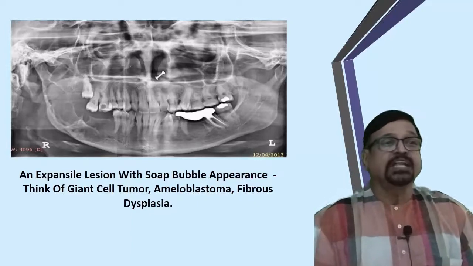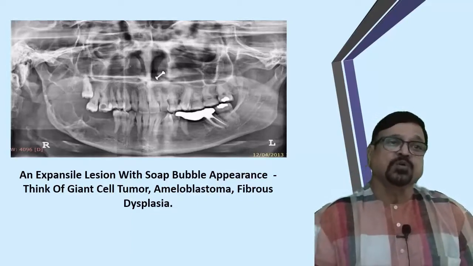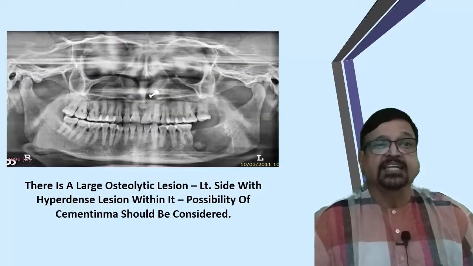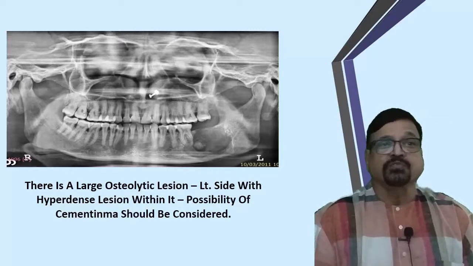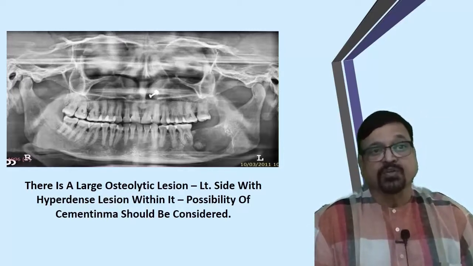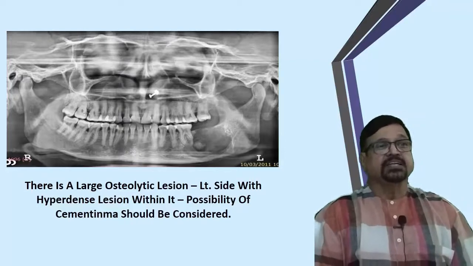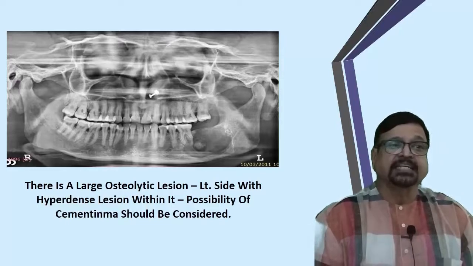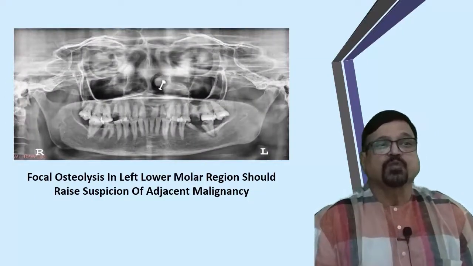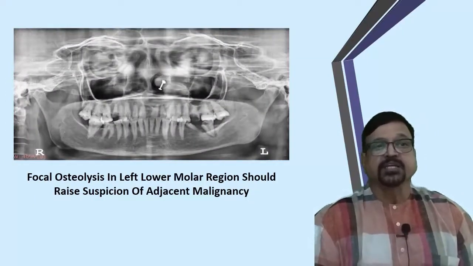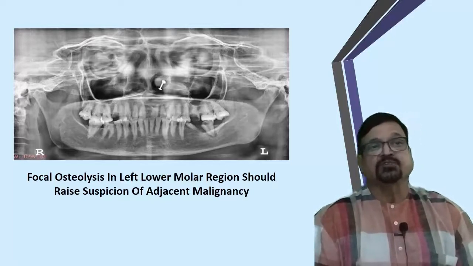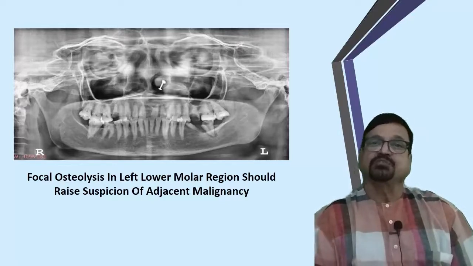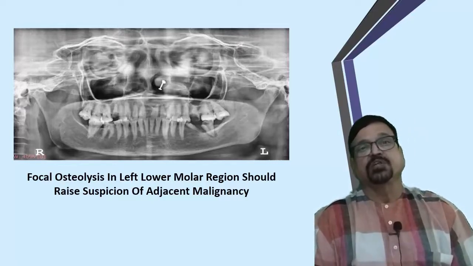Again here, not only one lesion but other involvement of bone is also equally important. Now see, there is an osteolytic lesion, and there is something at the root of the first molar. Now here we have a differential. The differential can be a cyst of dental origin or it can be a cementoma. Now here again there is a focal osteolysis, a loose tooth, and loss of the superior surface of the mandible, which all should raise a suspicion of adjacent malignancy or continuous spread of malignancy.